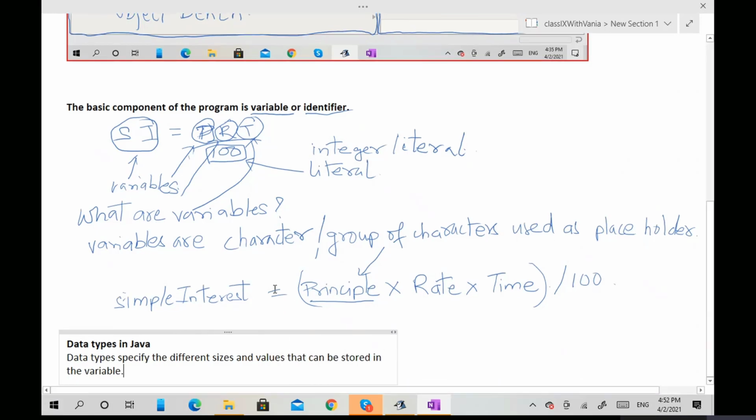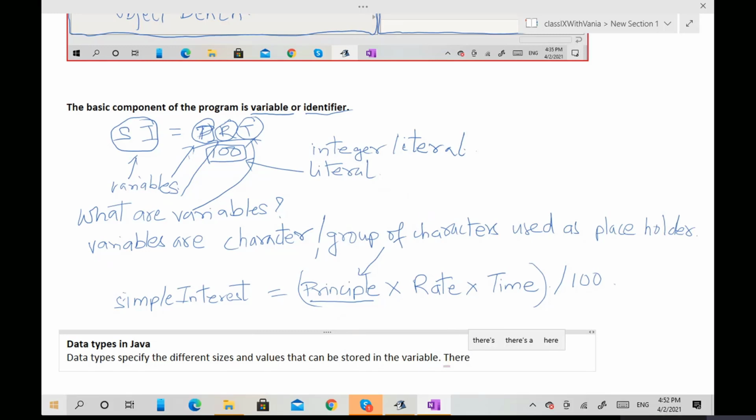There are different data types, and these data types allocate different amounts of memory also. In Java, there are two types of data types.